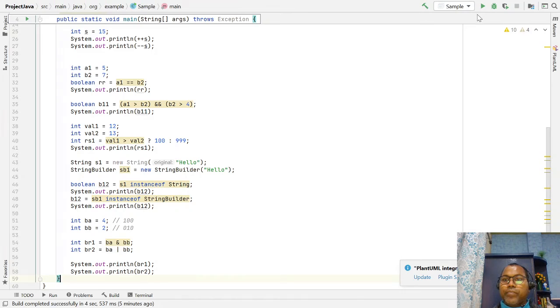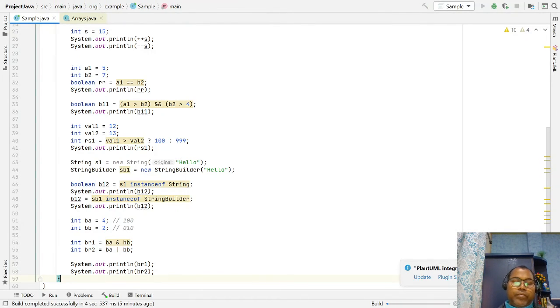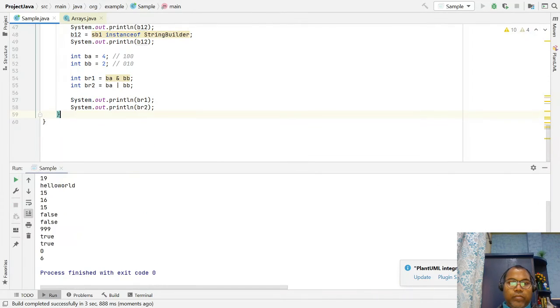If you run it, here you notice two results. First is 0 and 4. Let's understand what we are doing here.